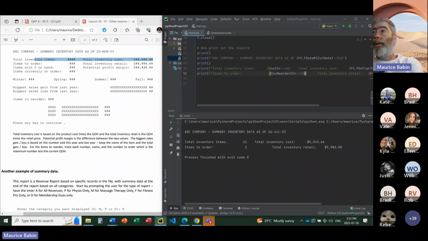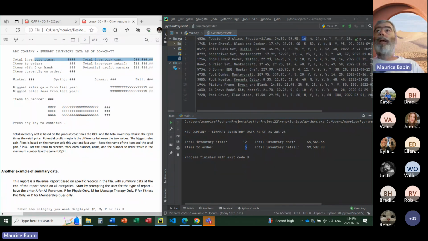I only want 3 spaces between those. There we go. Oops. One more. There you go. All right, so I line these up, and I've lined these up. So it says I have 3 items to order. Let's go check. So I've got 16 and 4. That doesn't have to be reordered. That doesn't. That does. So there's one that has to be reordered because the quantity is less than the reorder